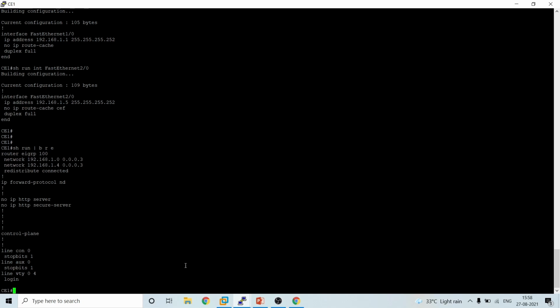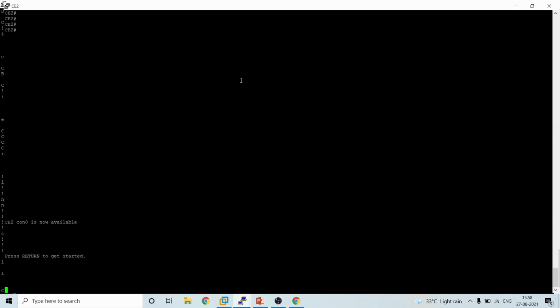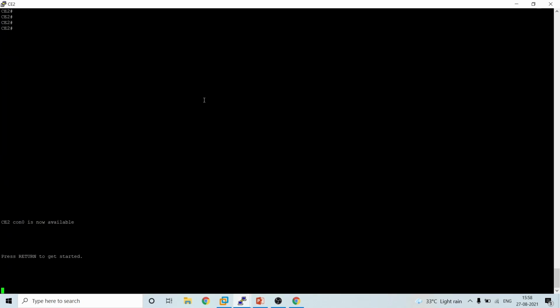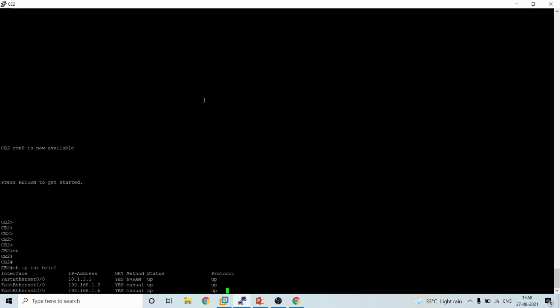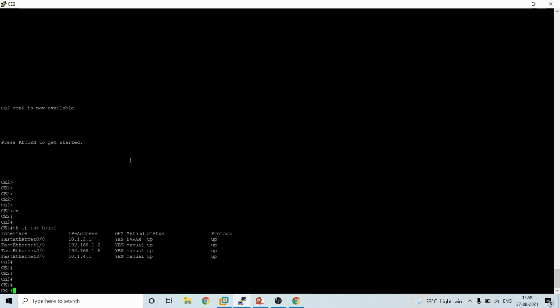Now we'll move on to CE2. Show IP interface brief. Again 0/0, which is 3.1 and 4.1 for the gateways, and these two are for EIGRP. I'll show the configuration.